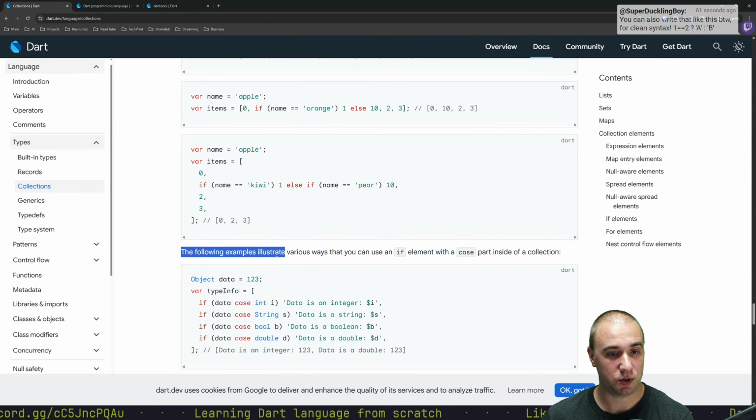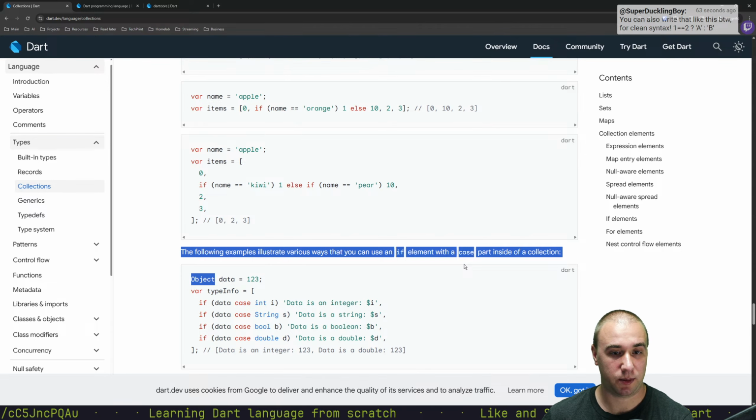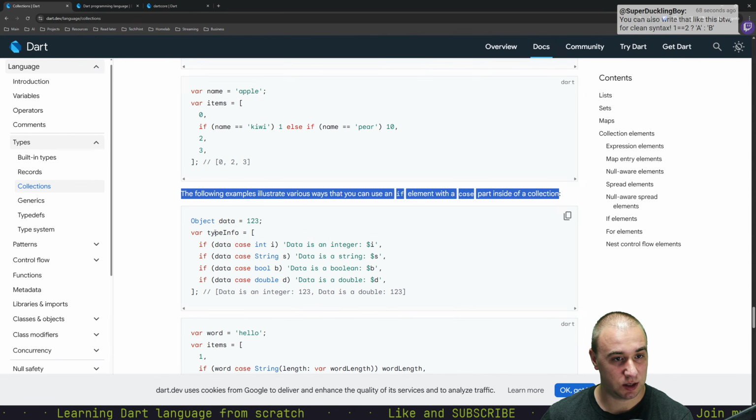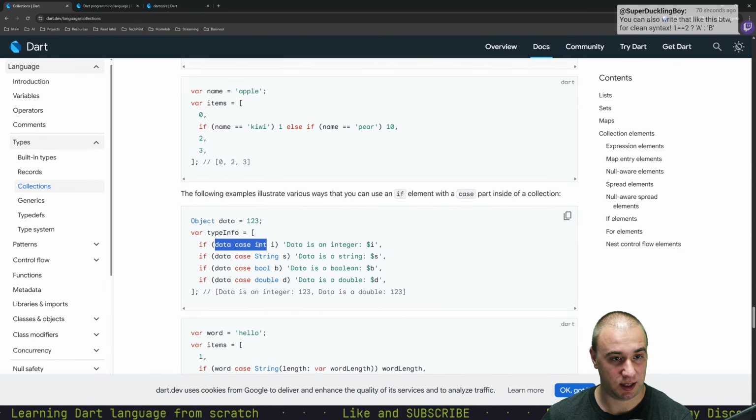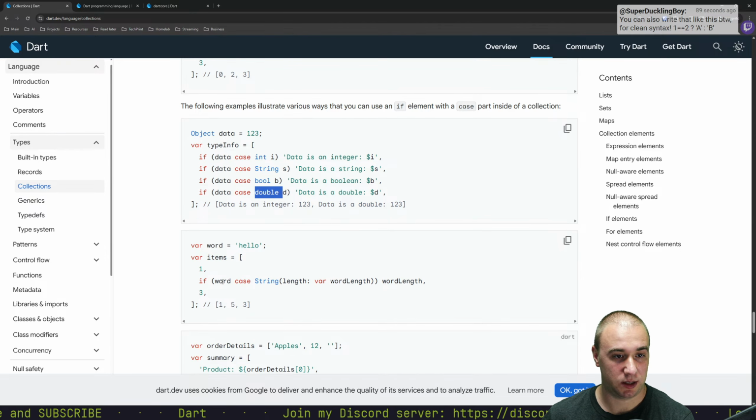The following examples illustrate various ways that you can use the if element with a case part inside a collection. So what is this? If data case int I. Okay, so data is an integer and we export it as an I to use it within the actual value on the right. Great. So this is to match a pattern. In this case, the pattern is string, bool, or double, right? Otherwise, we can say word case string and length is